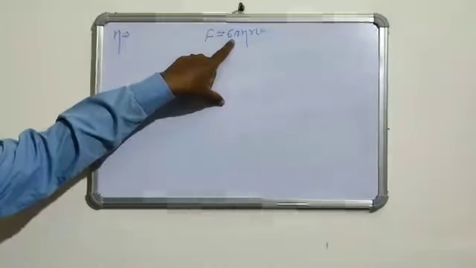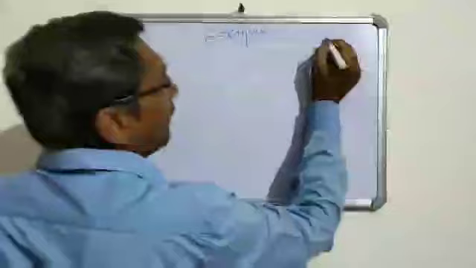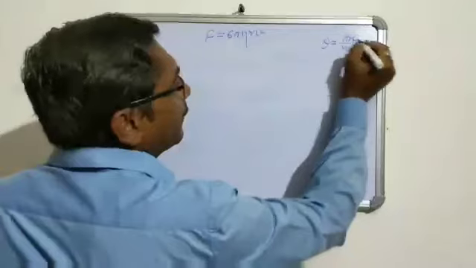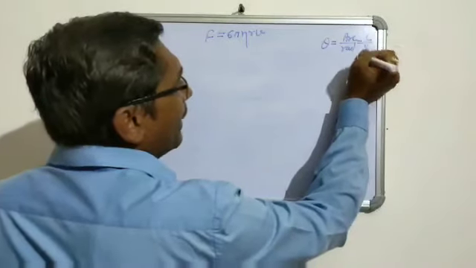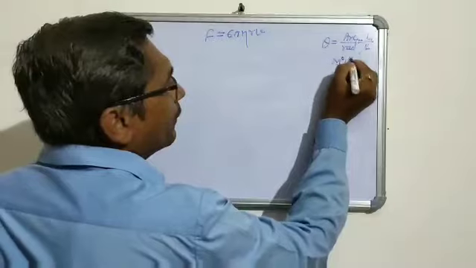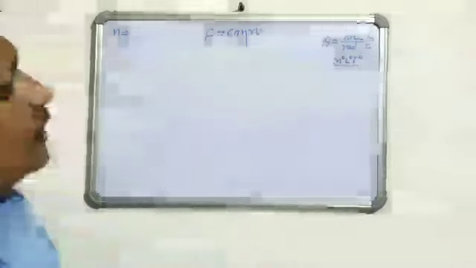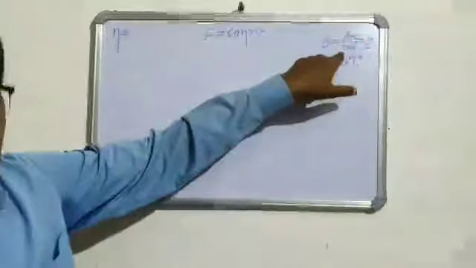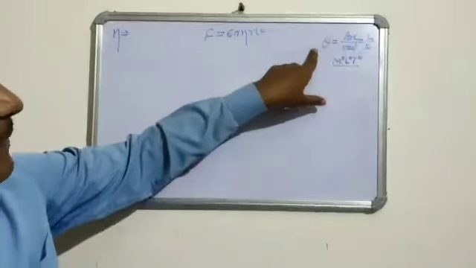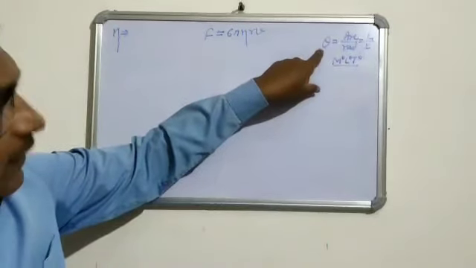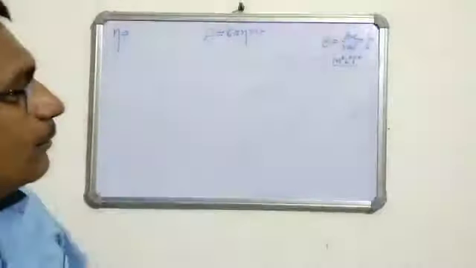There is no dimensional formula of angle. Why no dimensional formula of angle? Angle theta equals arc upon radius. Arc is length, radius is also length. So length and length cancel. There is no dimensional formula of theta. Angle is a supplementary unit, and for a supplementary unit there is no dimensional formula. According to the SI system, the unit of theta is radian. So the unit of angle is radian, right? But there is no dimensional formula. That's why it is called a supplementary unit.